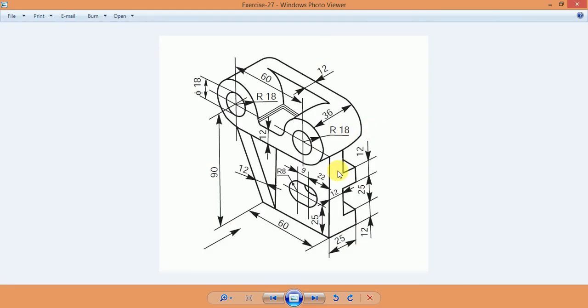Now make these two extruded parts at the back side, so total 25 mm, this one 12 mm, so remaining 30 mm and 12 mm height, the two square extruded parts' gap is 25 mm.